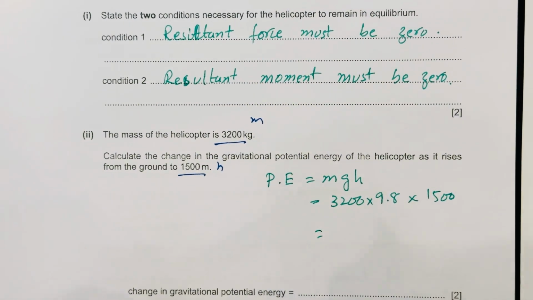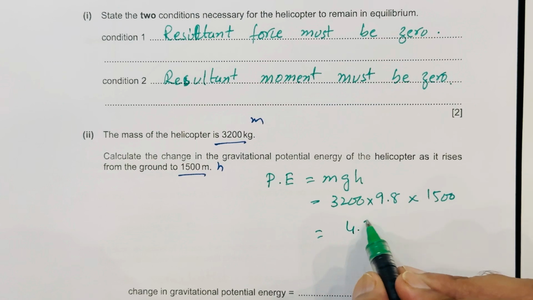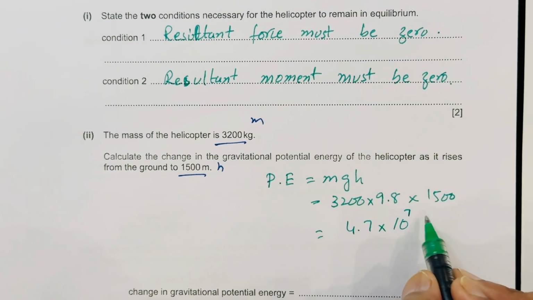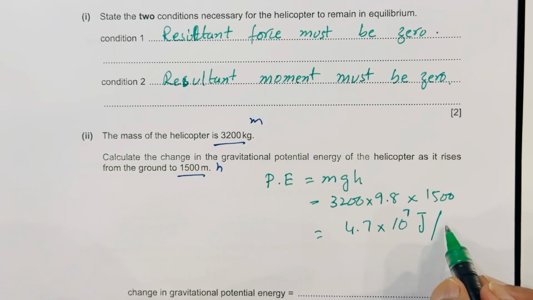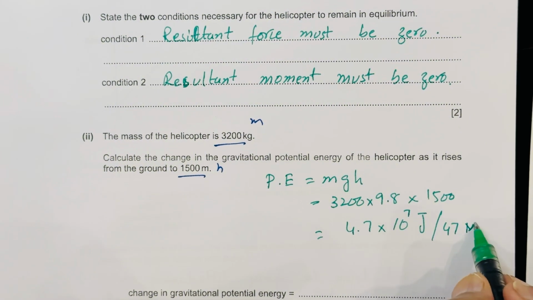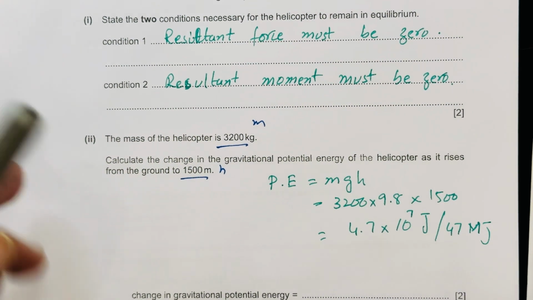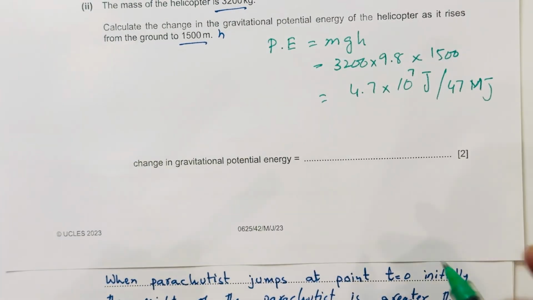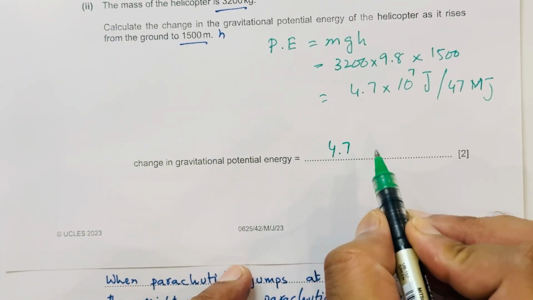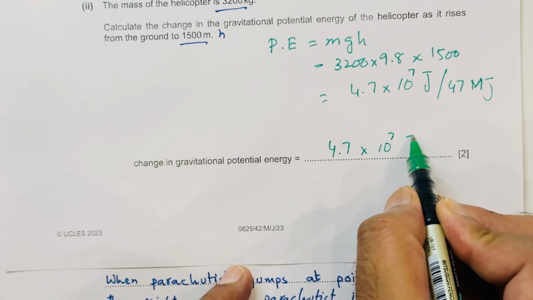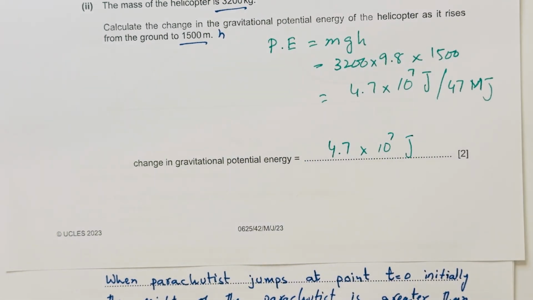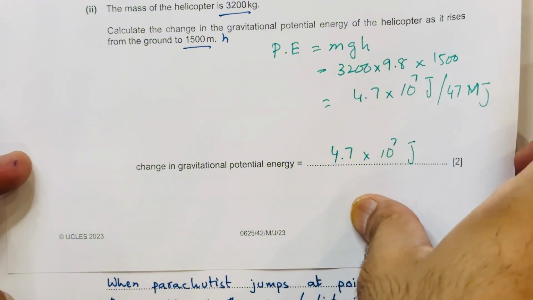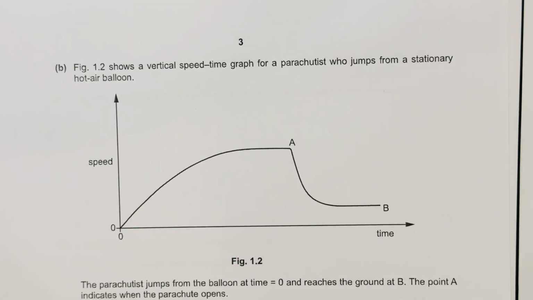After multiplying it, we're going to get 4.7 times 10 raised to power 7 joules, or you can write 47 megajoules. In any form you can write your answer, both would be considered correct. So we are writing the standard form 4.7 times 10 raised to power 7 joules, or you can write 47 megajoules. Moving to the next part B, figure 1.2 shows